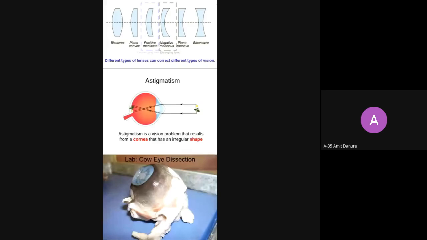Why do we study the internal part of the human eye? Because if we have to study image processing, first we have to understand how the image is formed in our eyes. Then by using various types of algorithms and various hardware and software components, we can capture those images and perform various operations on them. That is called image processing. So first we need to understand how our human eye works.